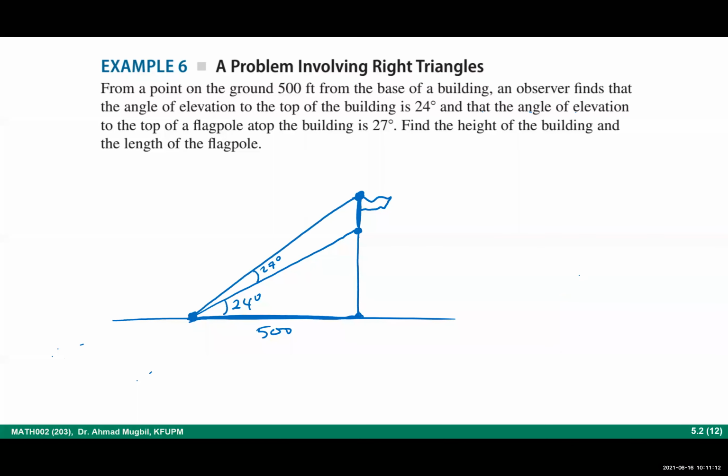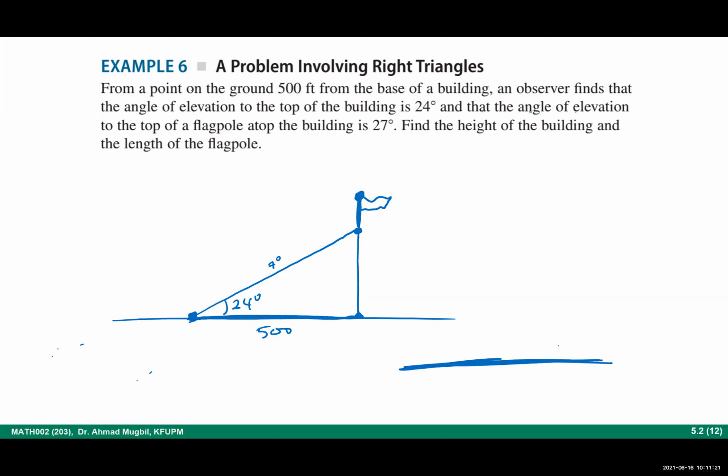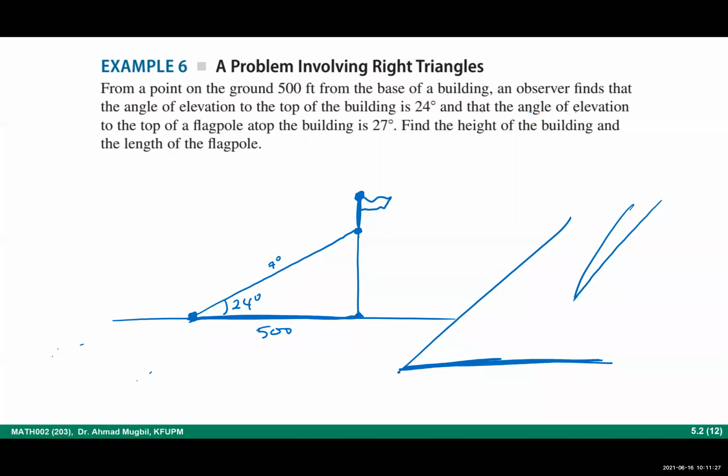It's 3, suppose, not an angle of elevation. Yes, Shabab, this is not angle of elevation. The angle of elevation must have a horizontal line. It will be like this. This is angle of elevation. When you have it like this, it is not. There is no horizontal. So indeed, this is not